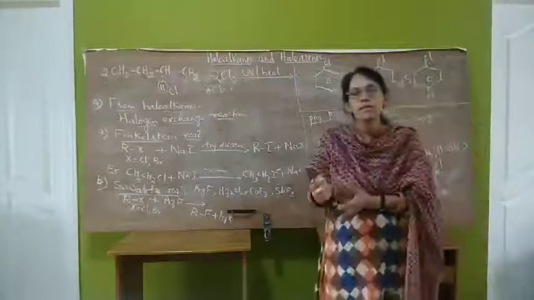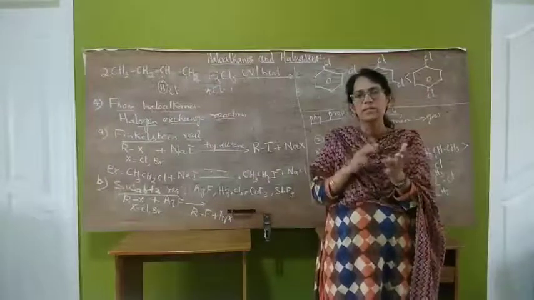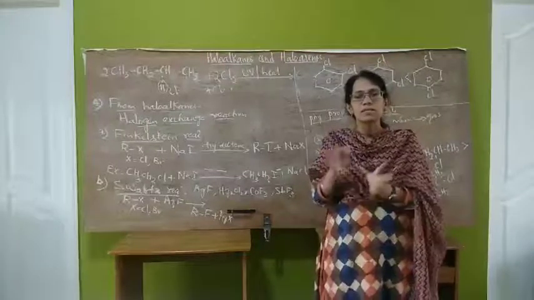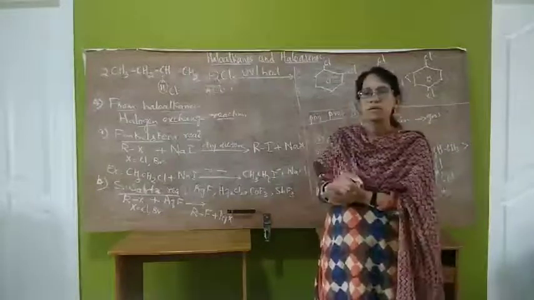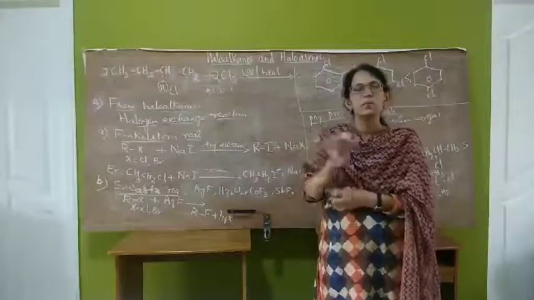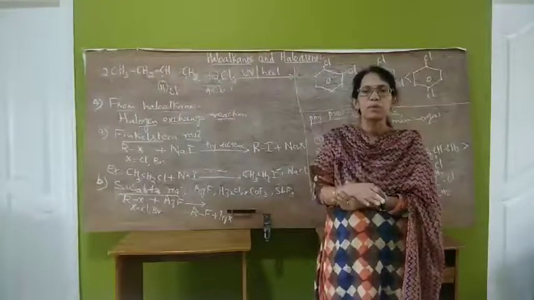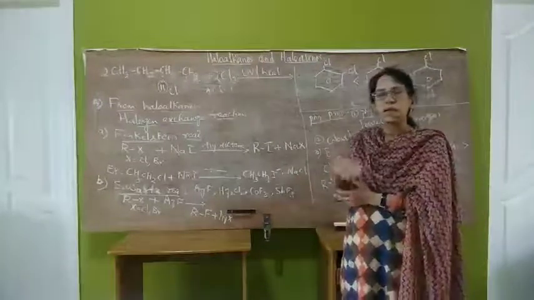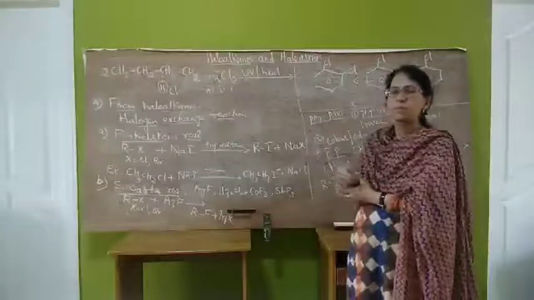So next property, density. Density increases with increase in number of carbon atoms, with increase in number of halogen atoms, and with increase in the size, that is atomic mass, of halogen atoms. Next, solubility. Haloalkanes are slightly soluble in water because they are slightly polar in nature. That polar nature is not sufficient to break the existing hydrogen bonds in water. Whereas haloalkanes are more soluble in organic solvents like carbon tetrachloride.